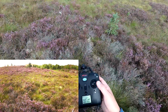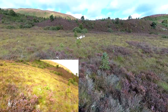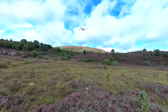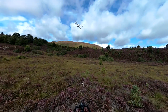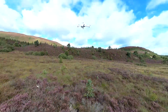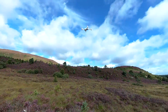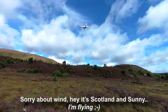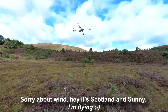Okay, we've got the auto takeoff, auto land. I picked a great location to demonstrate auto takeoff and auto land, but I'll give you the idea of it. So, just pop that up a bit. I press the land button, it comes in, it's going to start descending. I'm doing nothing here. I can move it around until I give it some throttle. If not, it will come all the way down. It will literally just plough into the heather. And the same with auto takeoff, it just pumps up. What I would do in this situation, I would just bring it in, auto land,